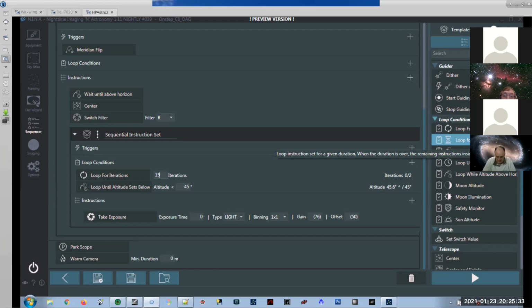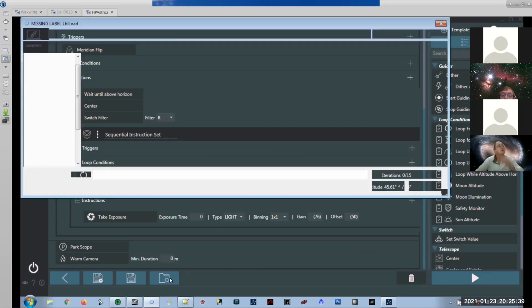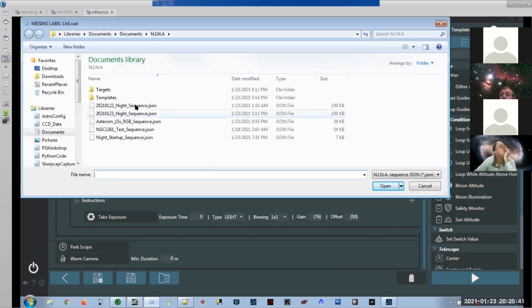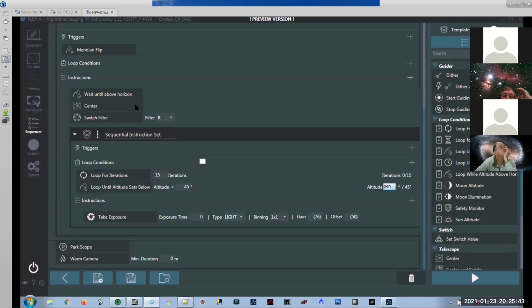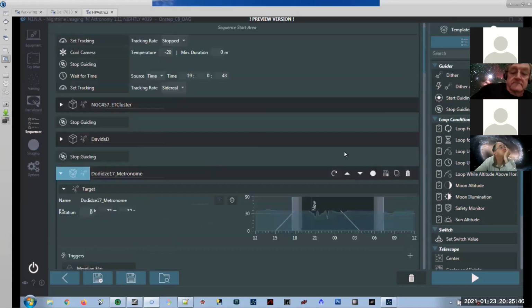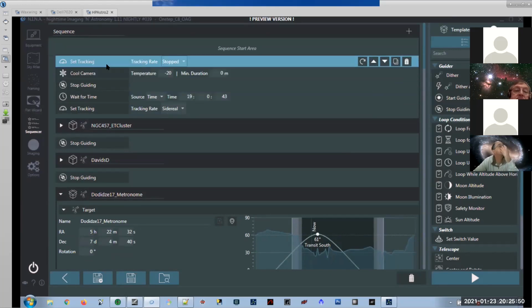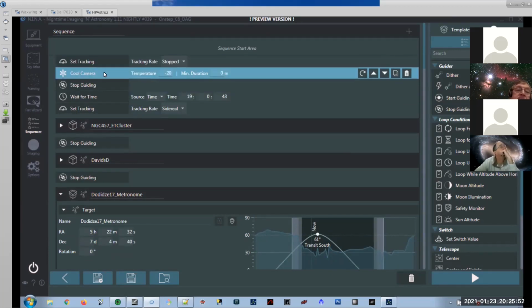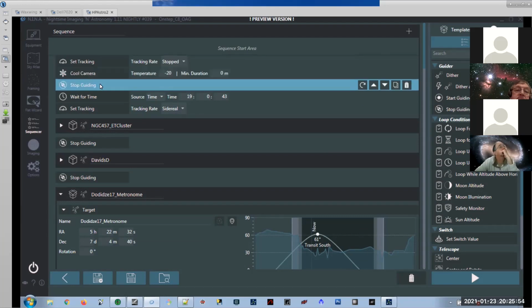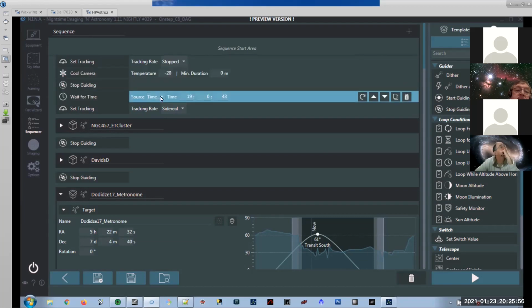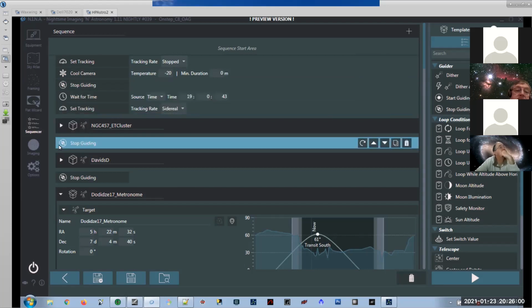And that's kind of the only problem I have with it at the moment, is once you set up a night, like, let me load what I set up for last night. All right. So this is what I had to do last night. First, I just turned off tracking and cooled the camera. Made sure the guiding wasn't running. And then I waited until 7 o'clock. Then I turned on tracking, and then I had it do,